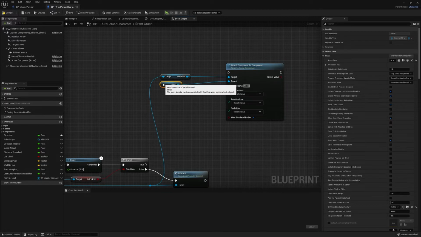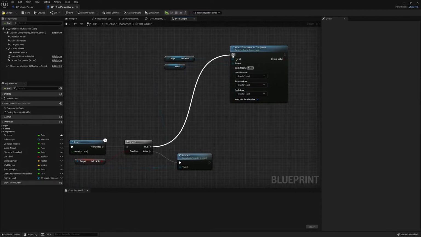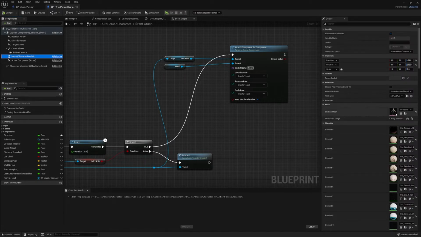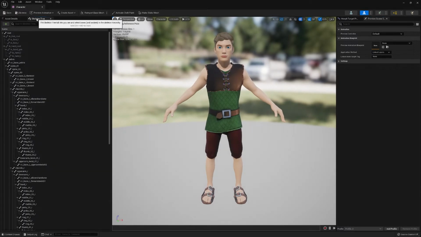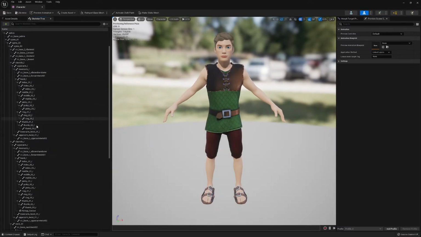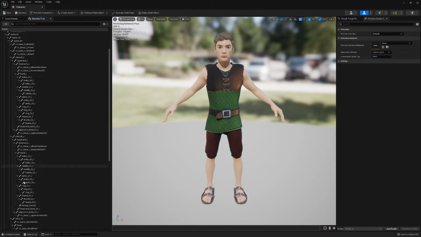And so the next thing we actually need to do is we need to make a socket. And we're also going to set all these to snap to target. And then plug this in. So if we click on our mesh, double click on our character, go to our skeleton tree, and